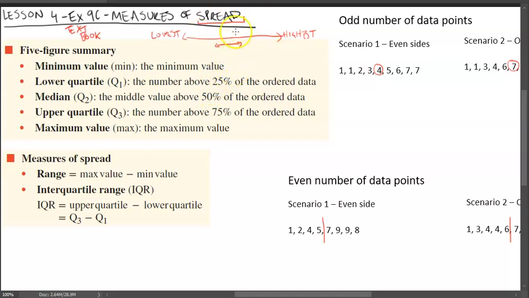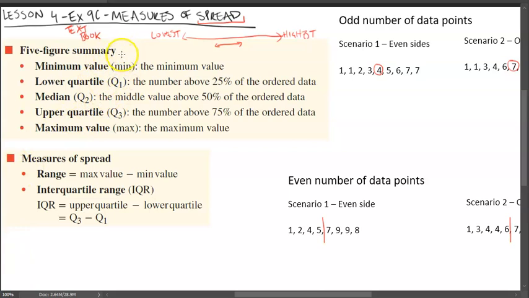But before we get to the generalization part, and before we can make conclusions, we have to look at what we call the five-figure summary and the measures of spread. There's going to be a lot of information within this, so I'm most likely going to break this video up into two parts. Five-figure summary, all that means is when we get our data set and we order it